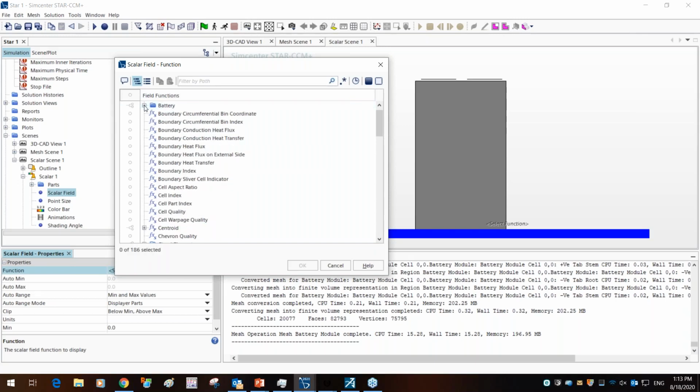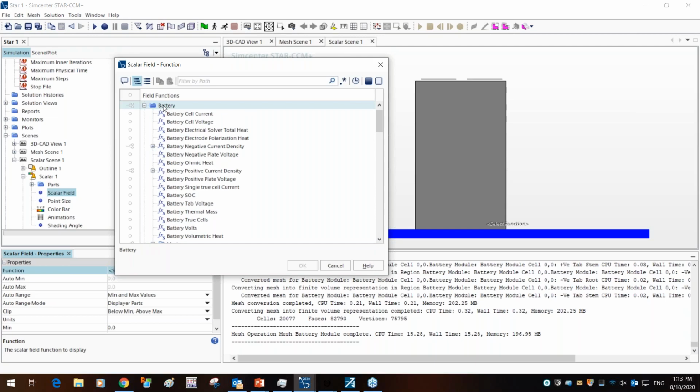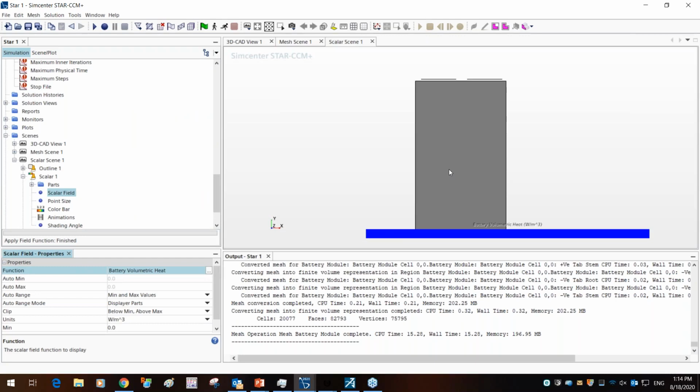Once you've created a battery module, you're going to see a new folder with all the new field functions relevant to battery designers. So we're going to select battery volumetric heat to look at the battery volumetric heat on that given phase.